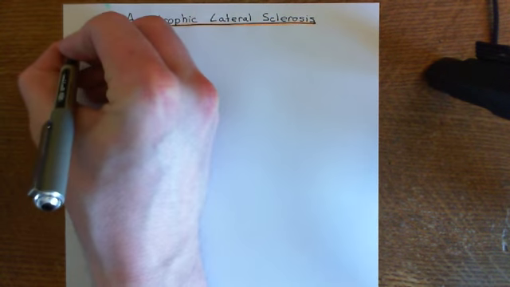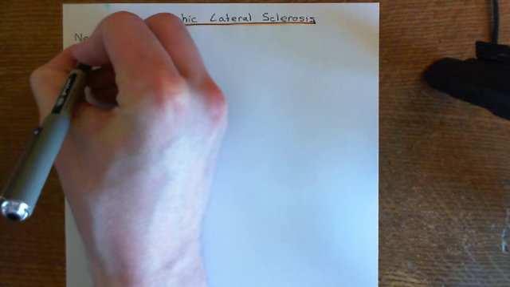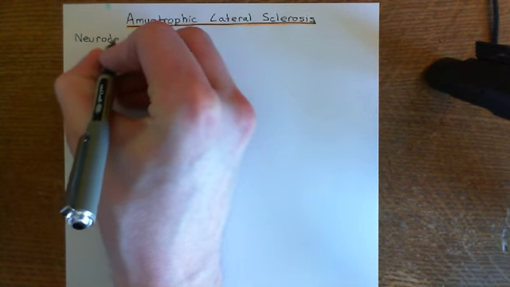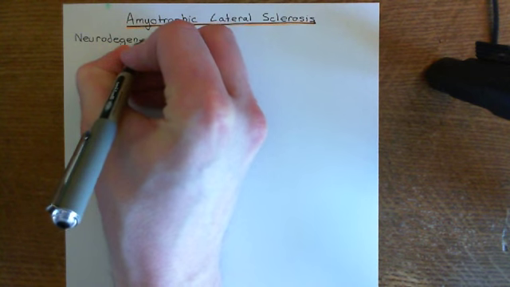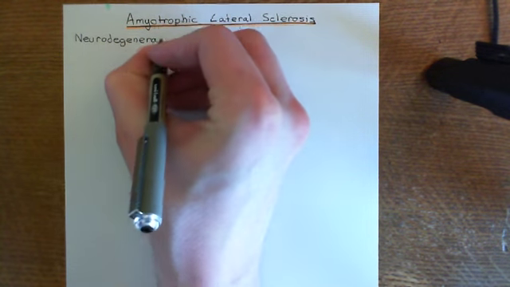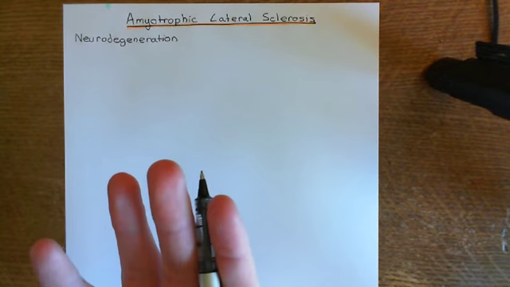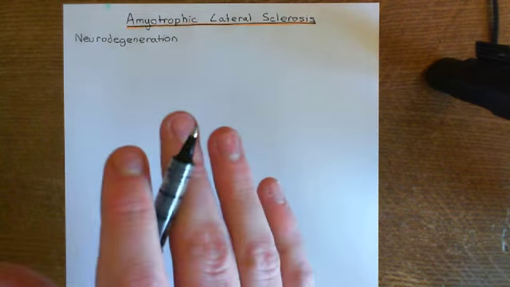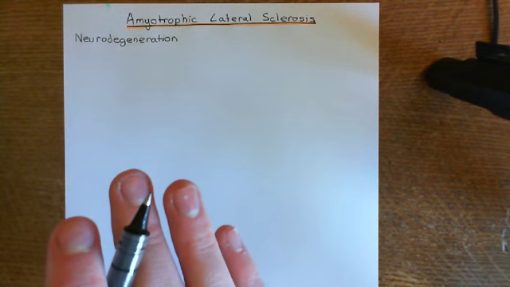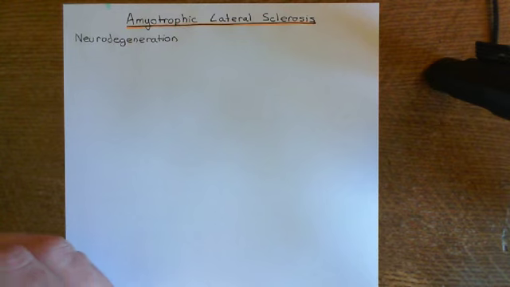And then we're going to talk about which neurons die in amyotrophic lateral sclerosis, because it fundamentally is a neurodegenerative disease, which means that it's going to kill neurons, and certain neurons are going to be affected in amyotrophic lateral sclerosis, and this is basically how it's going to cause its symptoms. So we want to see which neurons are going to die, and then what we'll do right at the end is look at the actual process of neurodegeneration, what actually causes the neurons to die